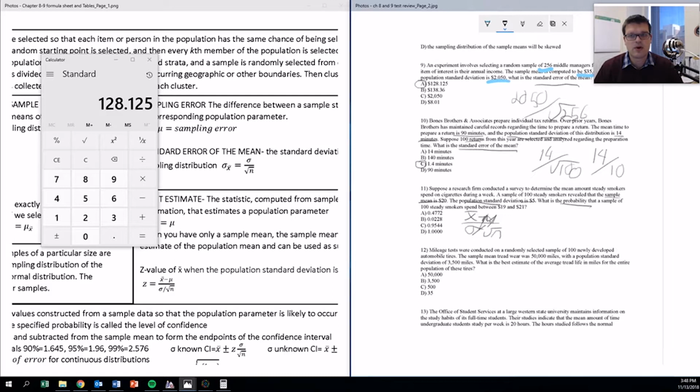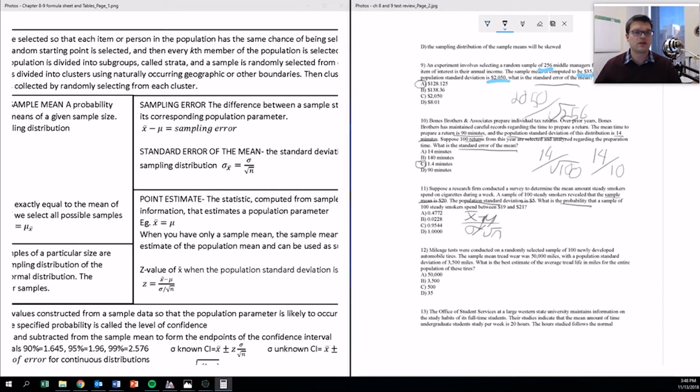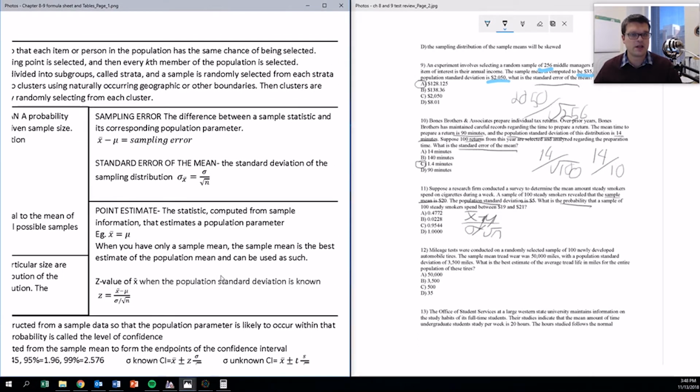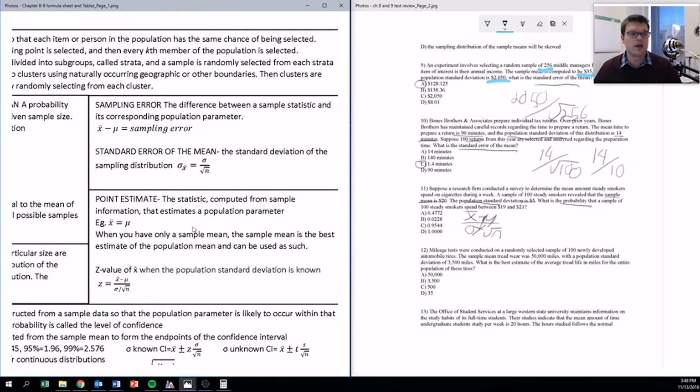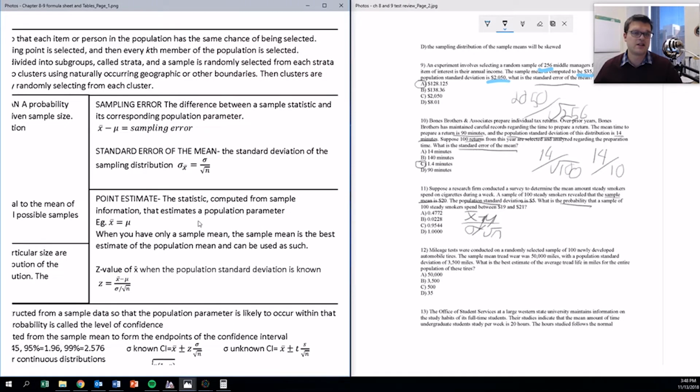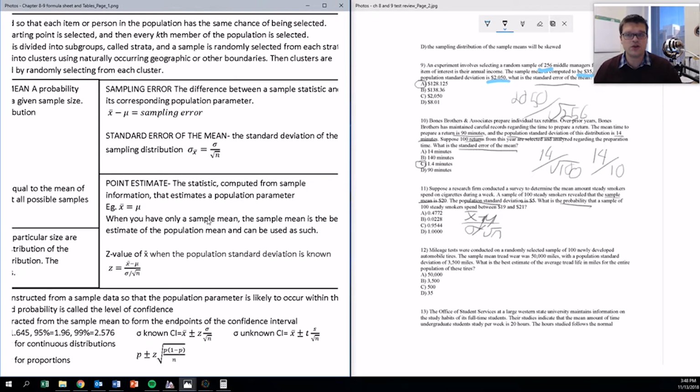And the reason why is we're using something called a point estimate. Let's take a look at what a point estimate is. A point estimate is the statistic computed from a sample information that estimates a population parameter. So we're going to use x bar right here as the population mean. So we've got 20